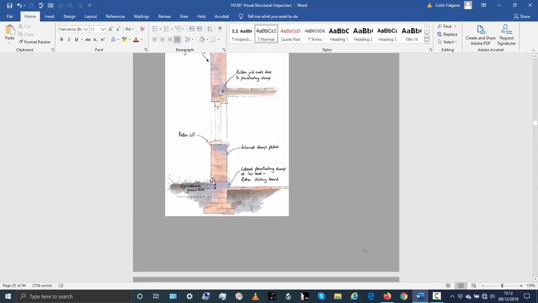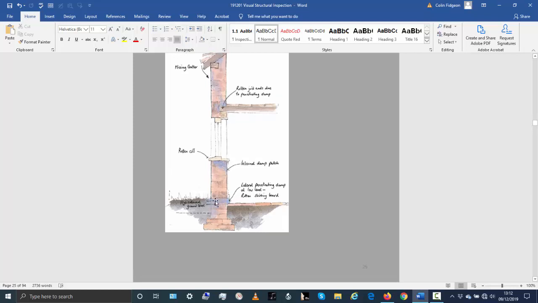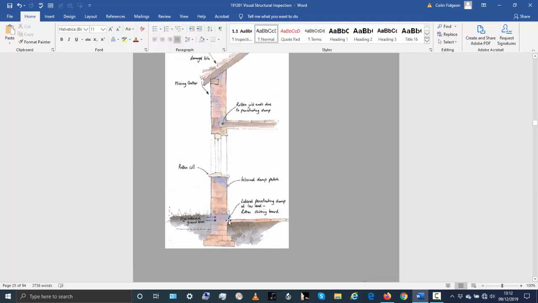Now, the first thing I want to point out, probably the thing that happens to cause dampness, rising damp, is over time the external ground level is built up, or it may have been constructed with the external ground level being very high. Now, this particular wall here is shown as a brick wall, but this could equally apply to a stone wall. The point to note is that this is a solid wall. There's no cavity and there's no barrier. So if you build up the external ground level to the point where it's higher than the internal floor level, dampness can just penetrate through very easily, lateral penetrating damp at low level, and you can start to see mold